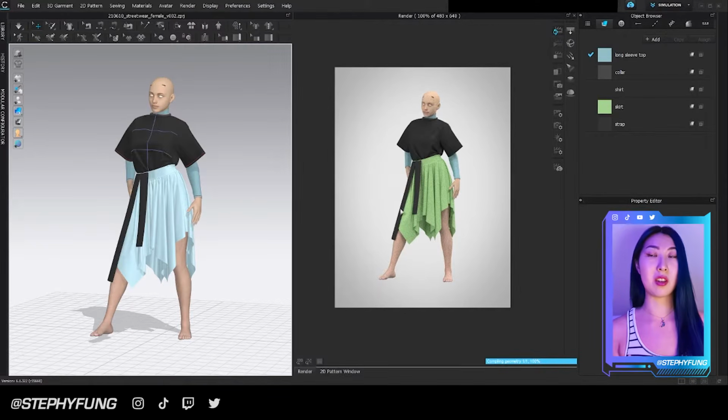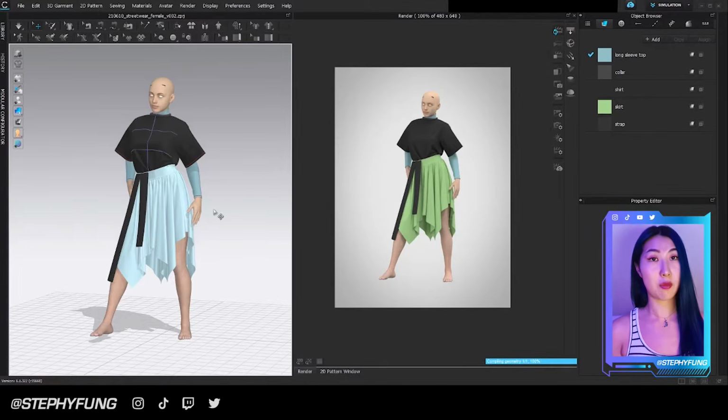You can texture, you've got your render in here. I personally don't tend to use this renderer because I tend to export all of my garments into Cinema 4D, and then I use my Redshift renderer, which I prefer compared to this, I believe it's V-Ray. You've got to double check that, but anyways, I just have a preference for Redshift. That is all. So I'm more comfortable with it. I know how to texture and use the Redshift shaders, so that is the reason why I personally don't use